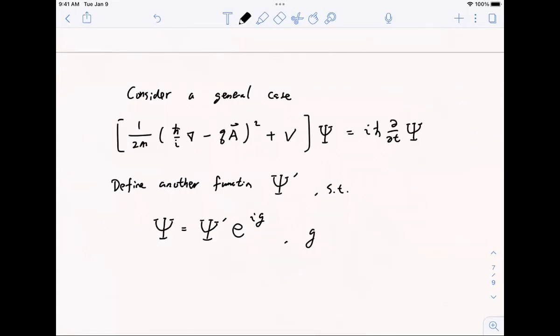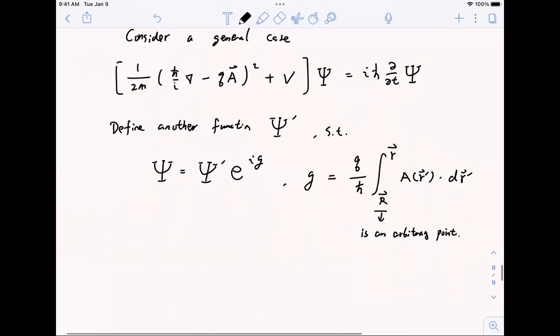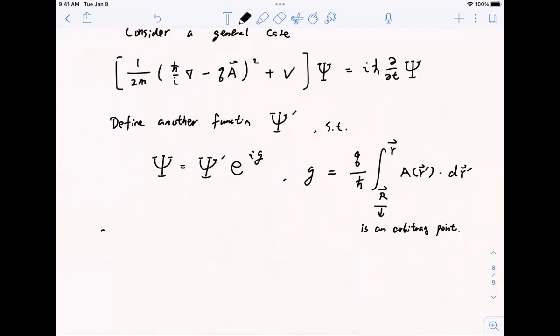G equals q over h bar, integrated from an arbitrary point R0 to R. So this R0 is an arbitrary point. So G is well defined